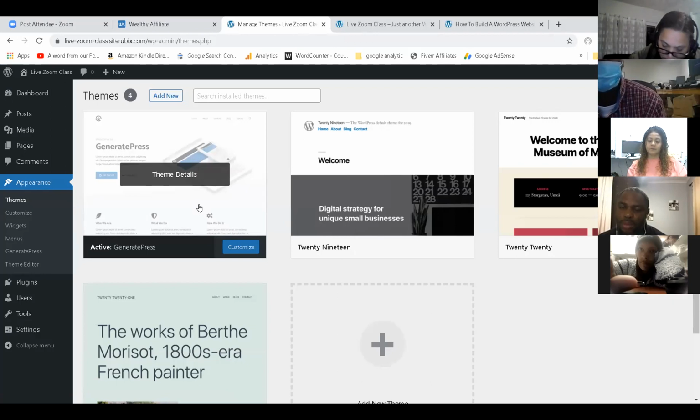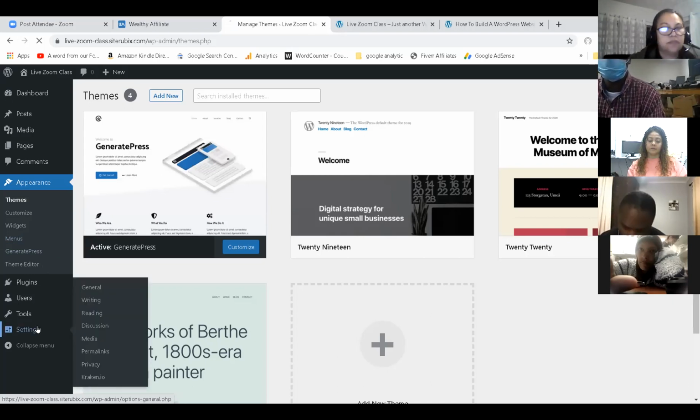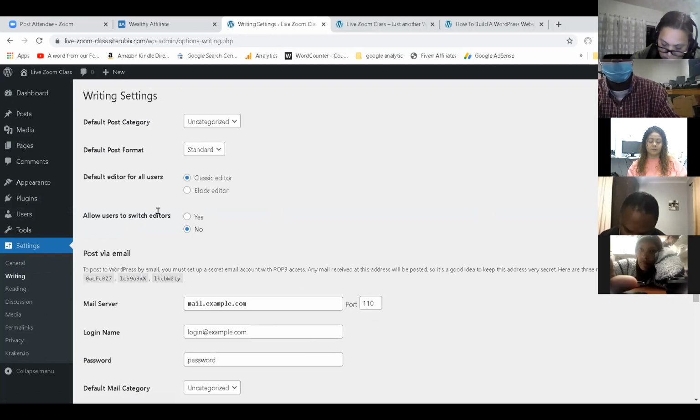We changed the site title. And then one more thing we need to change is I want you to go to Settings. And then you go to Writing. Okay. And then what you want to do is you want to click Block Editor. And then Yes. Okay, so Block Editor, then Yes.